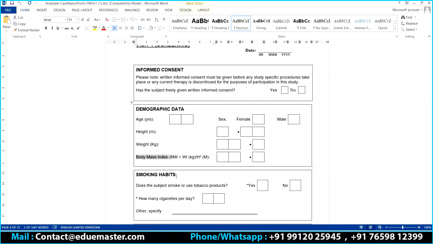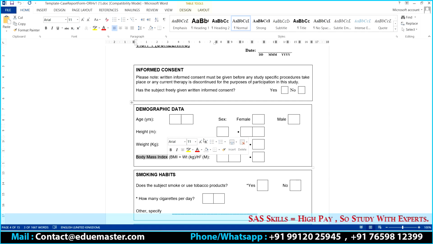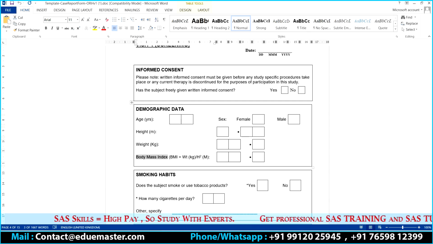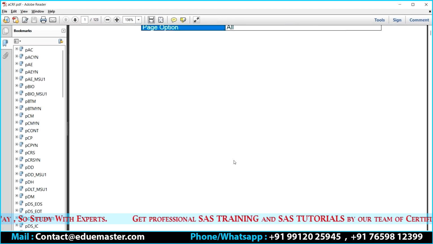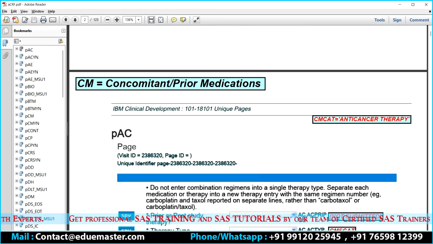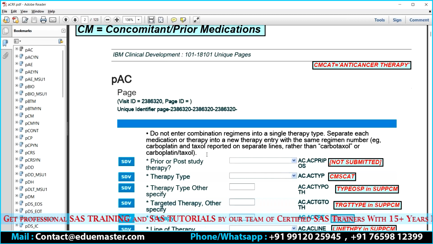So now the biggest task is, if this is going to be the label, I can call it a label or a parameter, where does this particular parameter exist, in which data set does it exist? If it exists in this particular table, with what name does it exist? I need that information. That information will be part of your ACRF. This is called your annotated CRF. Can you see this?